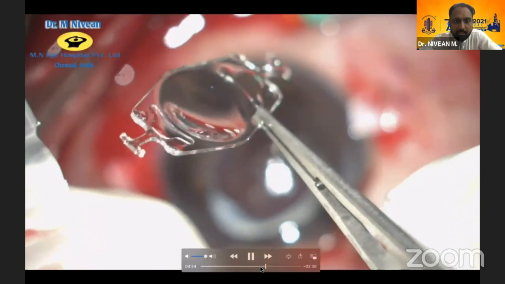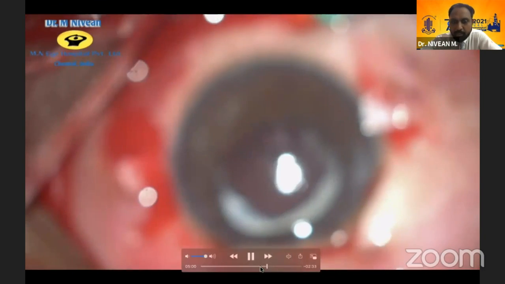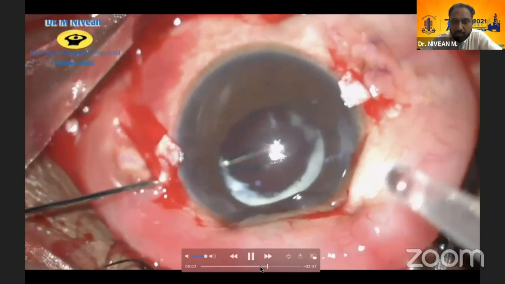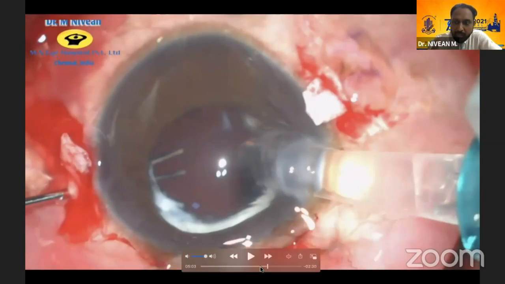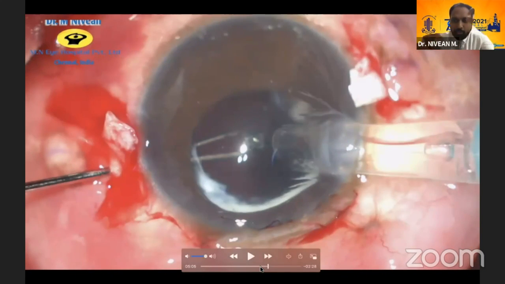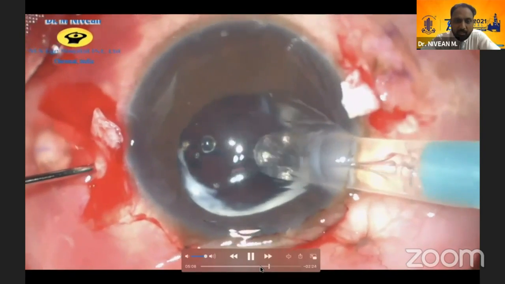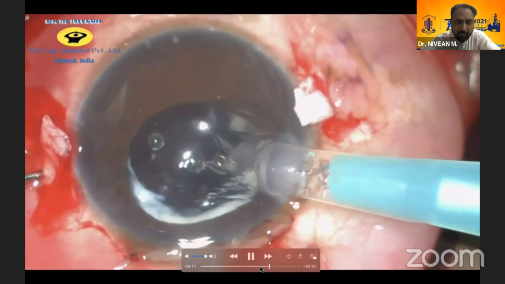The other part is that it's a totally single-piece, hydrophilic design, so it's forgiving. When you do the handshake technique and any maneuver inside the eye, it does not cause any tissue damage. As you can see here, the slight modification is because we had the trab superiorly. This method is easy because you go head on, so you don't have that angle to catch it. You're injecting the lens, and through the other side, you're grasping the T.